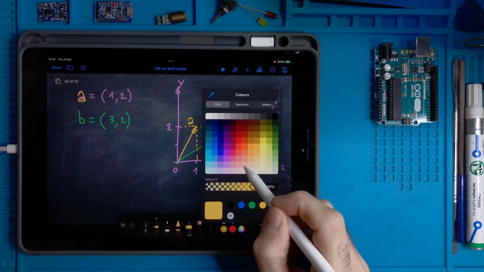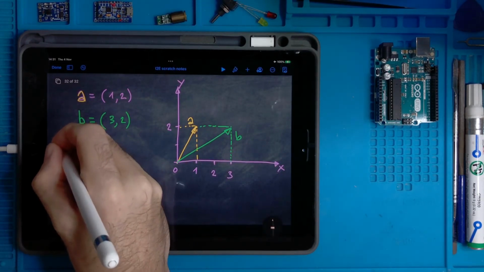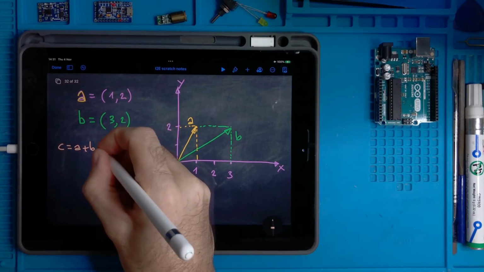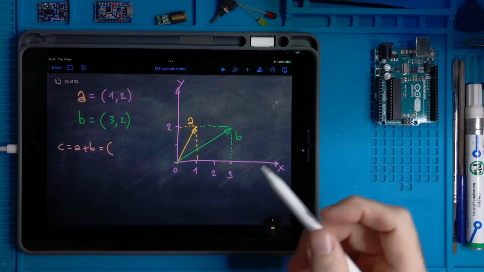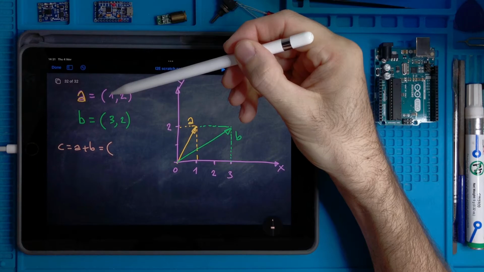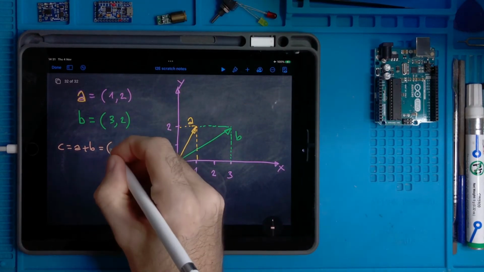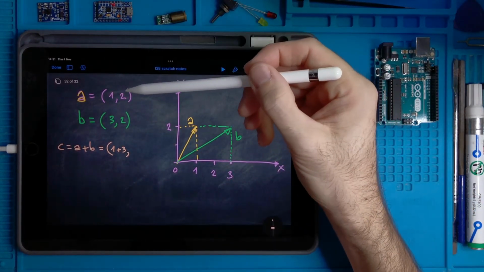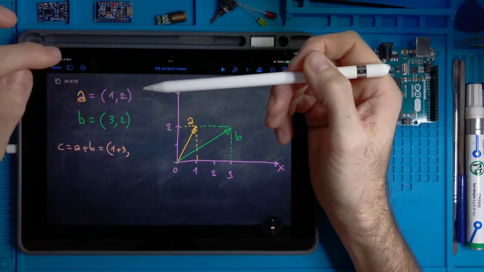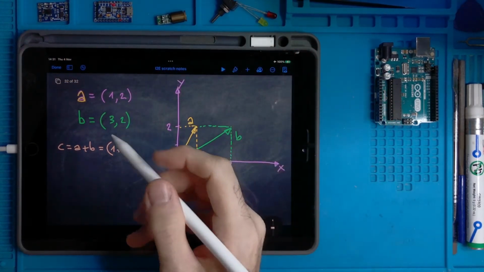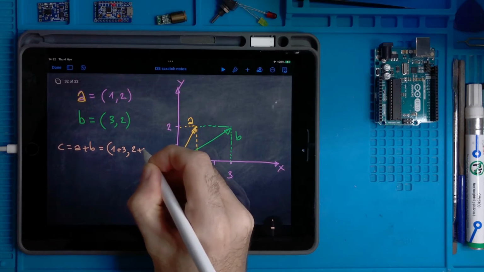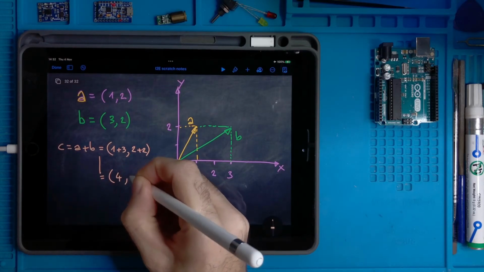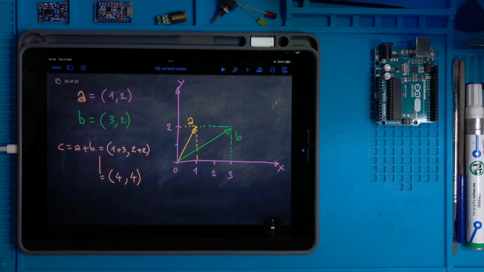Okay. So if I want to compute the summation between those two vectors, let's call it C equals A plus B. So this is the vector AX plus BX, so 1 plus 3, comma, AY plus BY, so 2 plus 2, and this thing is, in this case, the vector 4, 4.